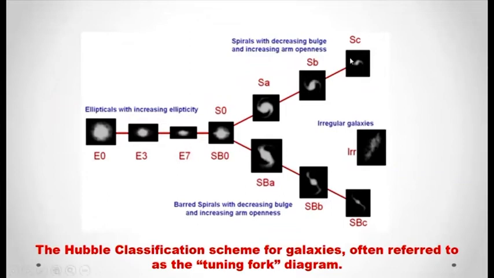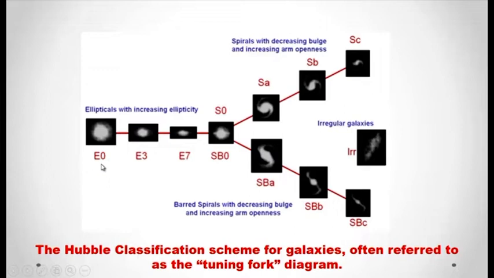This is the picture of Hubble's tuning fork diagram for the classification of galaxies. The handle of the tuning fork carries the elliptical galaxies, then one wing of the tuning fork carries the spiral galaxies, the other wing carries the barred spirals, and then there are the irregular galaxies. The Hubble classification scheme for galaxies is often referred to as the tuning fork diagram, because it appears like a tuning